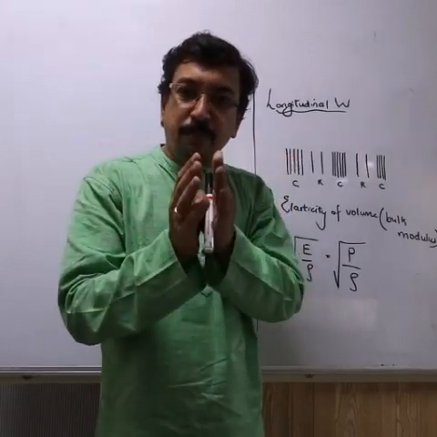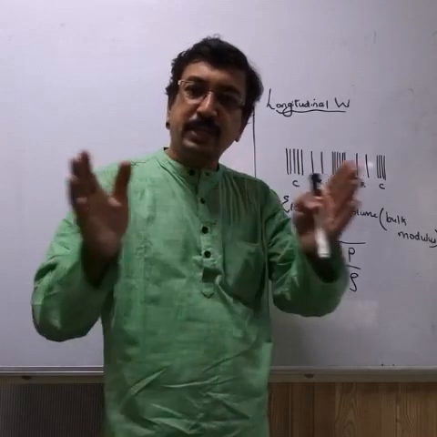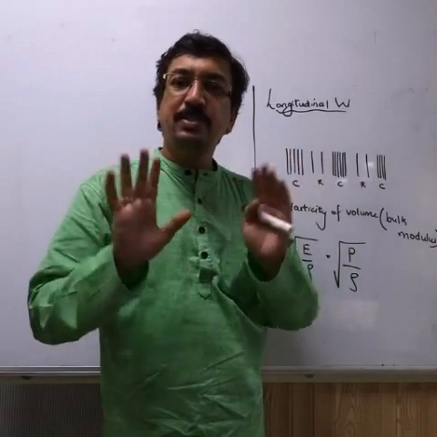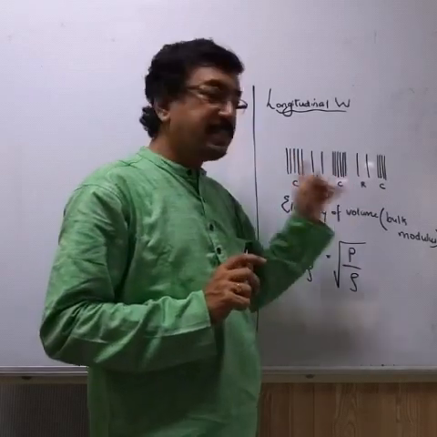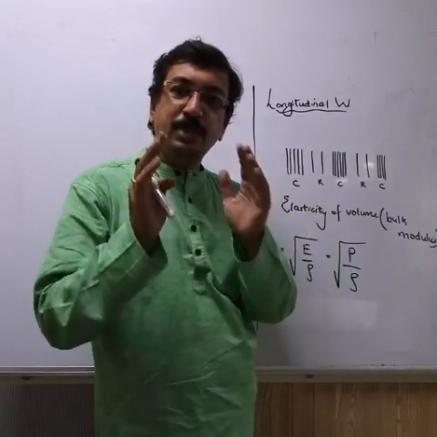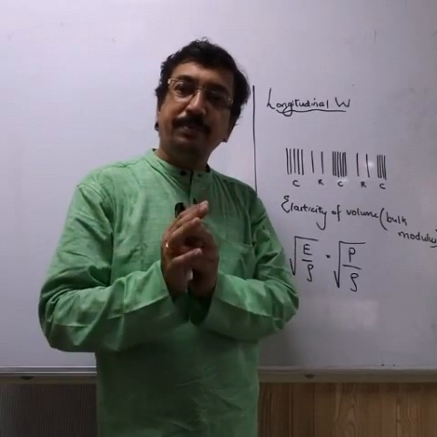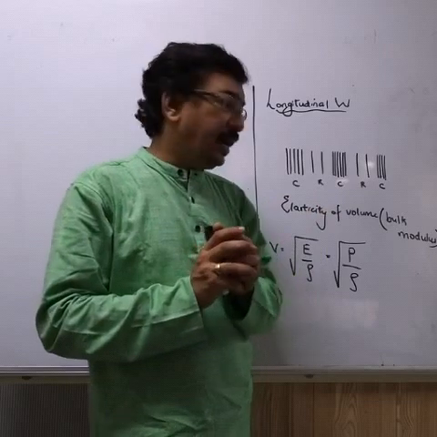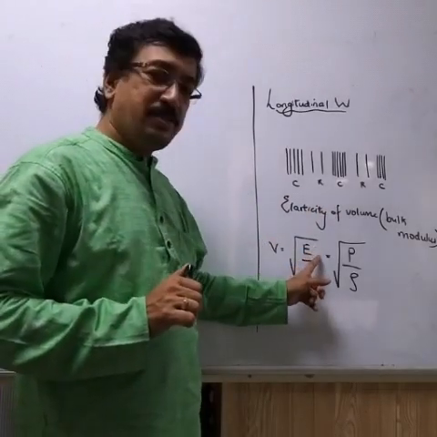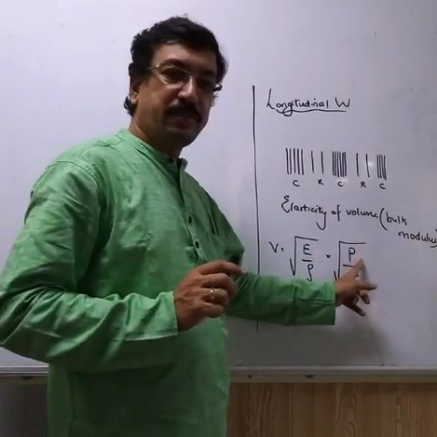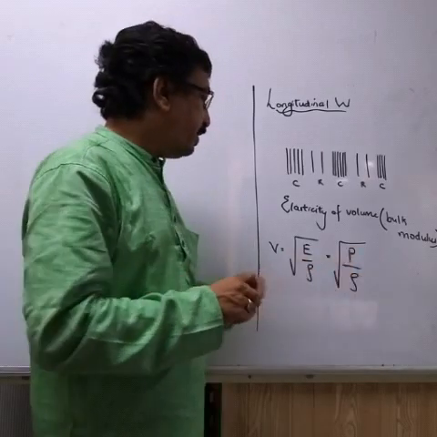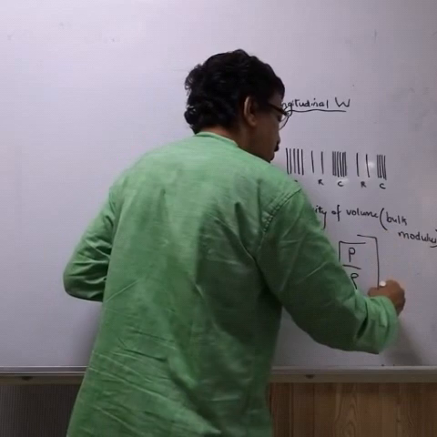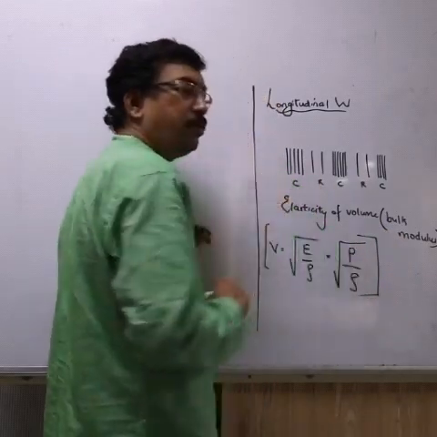When a compression is formed, temperature increases. When a rarefaction is formed, the temperature decreases. But overall temperature remains constant. That was the assumption. And since temperature was remaining constant, the pressure will also remain constant for a given volume of air. And that's why the elastic modulus was compared with pressure, and that's why the formula becomes V equal to square root of P upon rho.